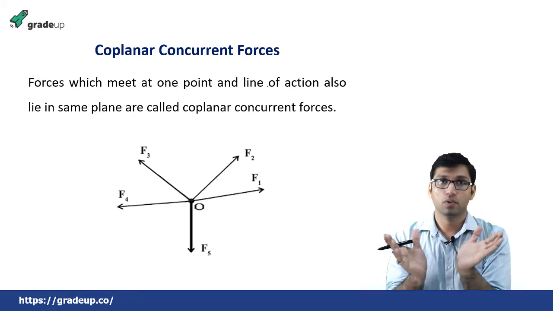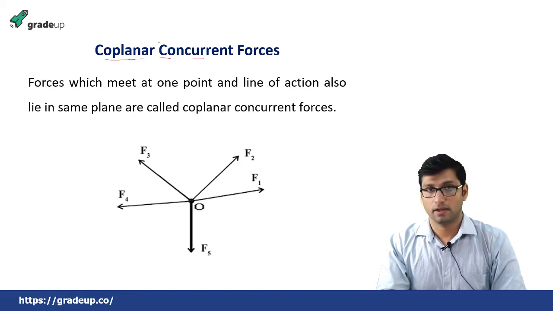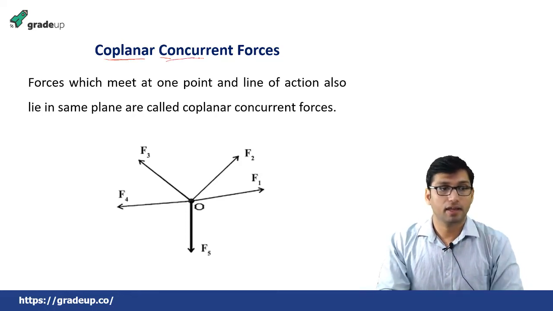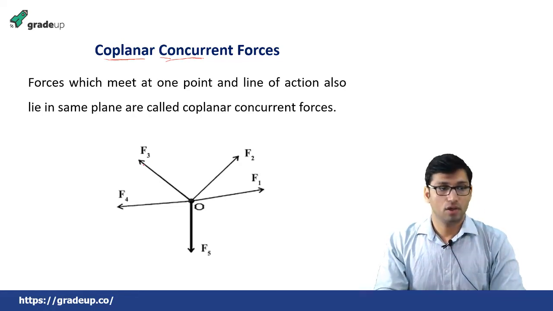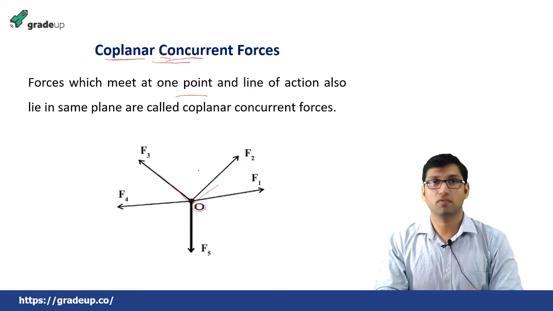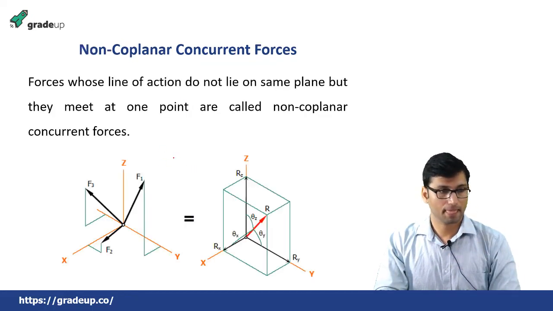Now we will be trying to couple this system of forces. So the first combination system of forces is called coplanar and concurrent. As I told you, coplanar is when the lines of action of forces lie in the same plane, and concurrent is when the system of forces are acting at or meeting at the same point. So coplanar and concurrent forces will lie in the same plane, and all these forces will be meeting at the same point. So this is the same point on which forces are acting, and these forces are lying in the same particular plane.